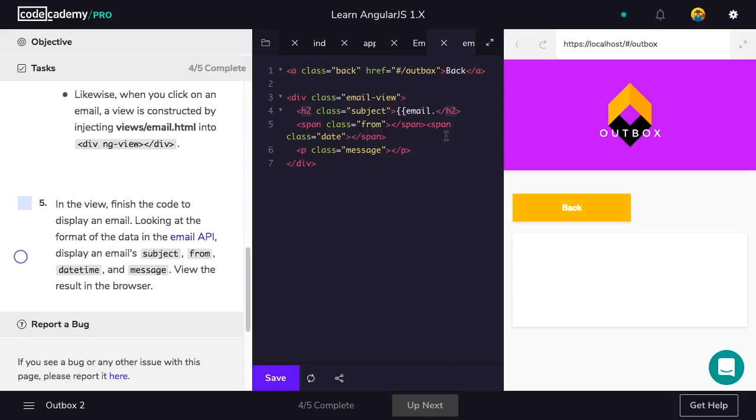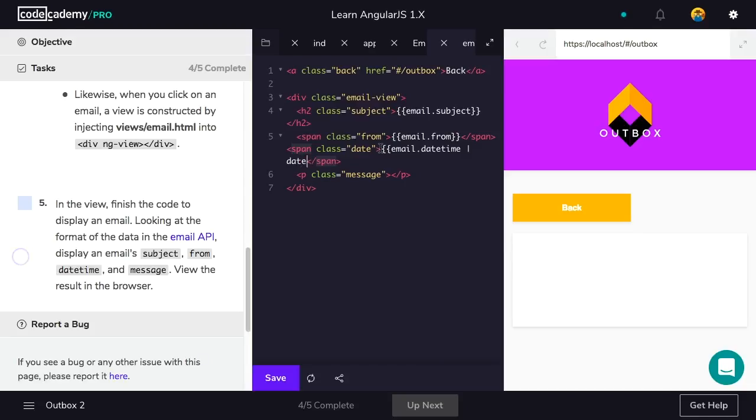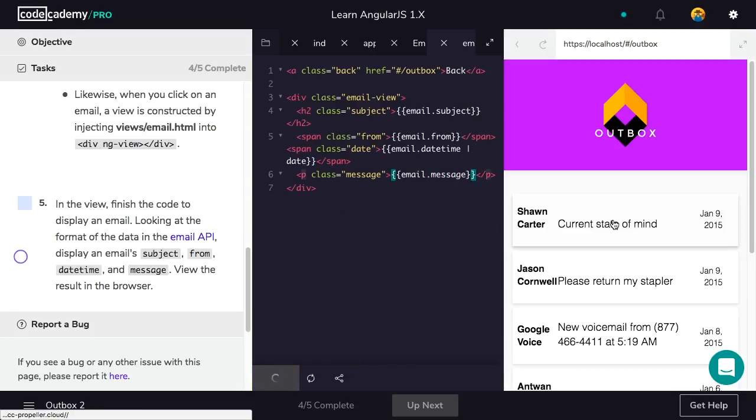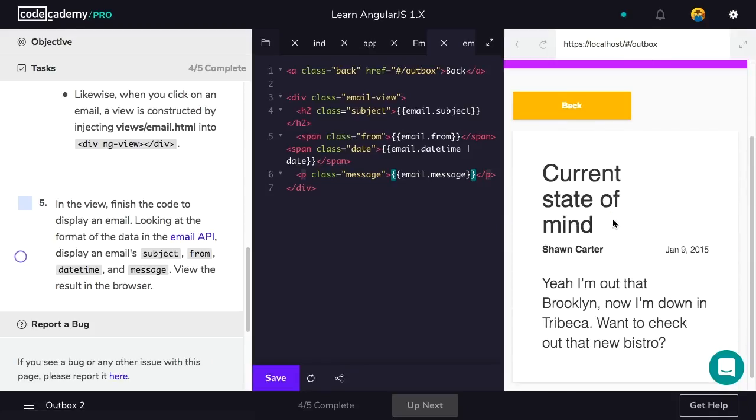Right, so email.subject, email.from, email.datetime, and I'm going to use a pipe to format that datetime so it looks nice and neat, and email.message. Close that off, and boom,